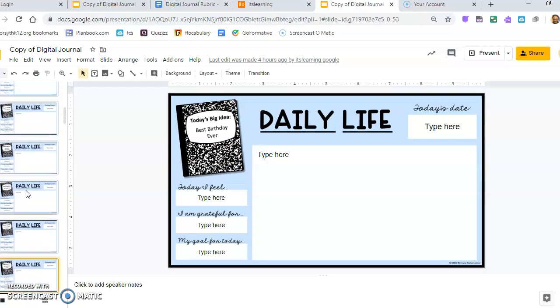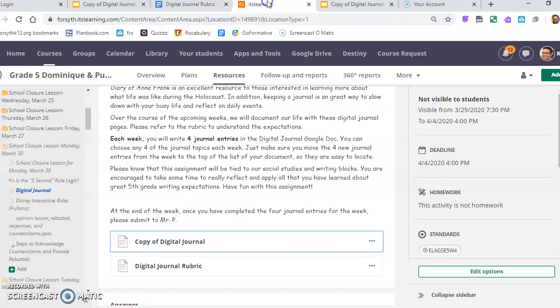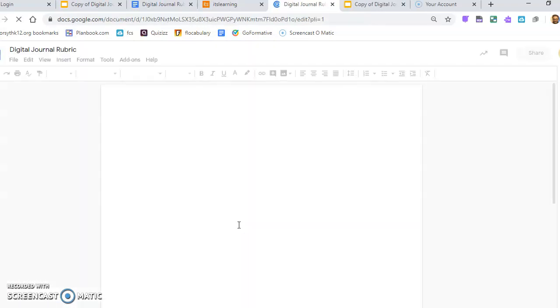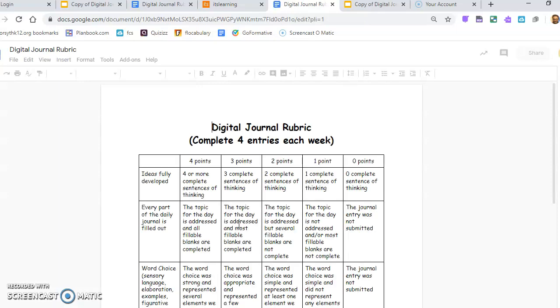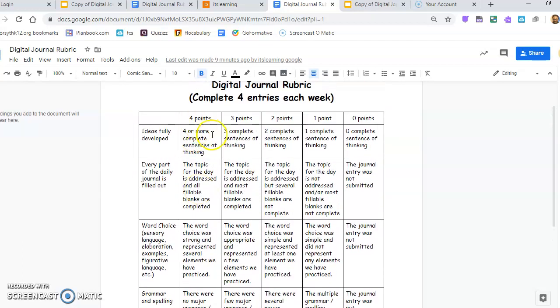We're going to do one a day, 4 times a week for several weeks. Obviously, you'll take spring break off. As you use this resource, there's also the rubric here that you're going to want to keep track of for how you're graded. Essentially you just have to do everything it asks you to do, which is put in your thoughts, your feelings, and address the big idea for the day. So if you look, you're graded here: did you have 4 or more complete sentences in your thinking? In other words, did you develop your ideas and fully answer it?